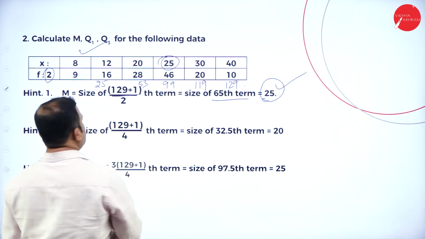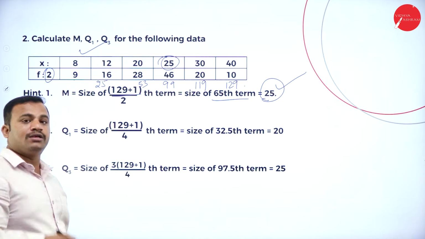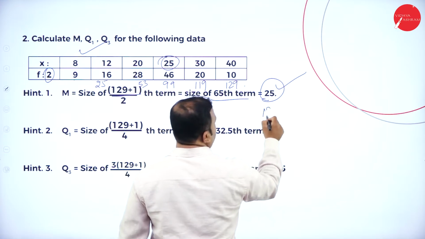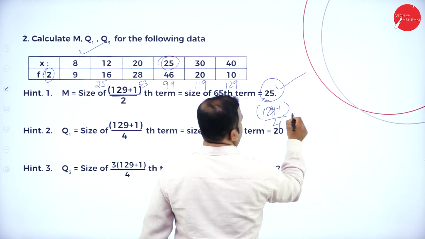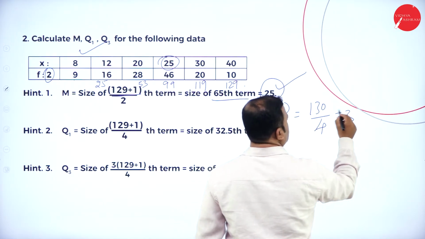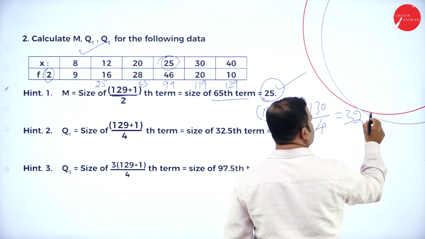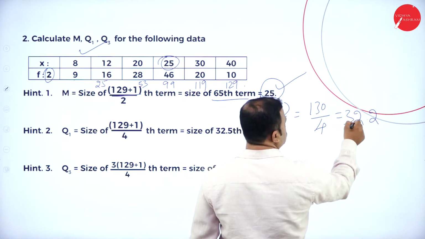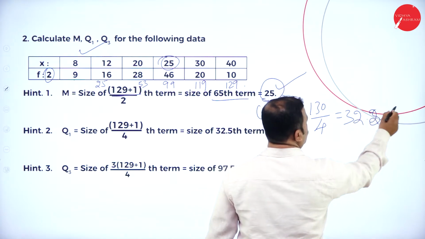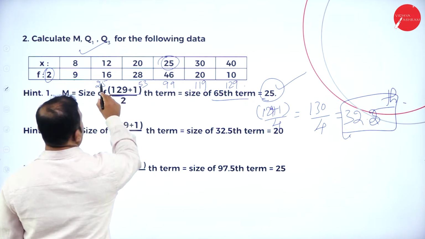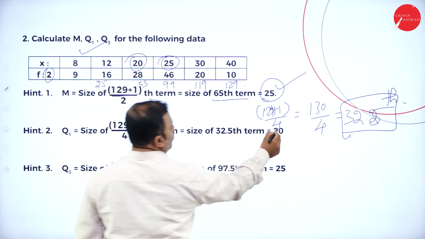That is correct. Now how can we find out the quartile Q1 and quartile Q3? The quartile Q1 and Q3 can be found with the help of 129. That is 129 plus 1 by 4 which is equal to 130. 130 by 4, that is 4 3s are 12, 4 2s are 8. That is 32.5. That is 32.5th term. Which is that 32.5th term? That comes between this and this. 35th term is 20. You will get obviously that is 20.